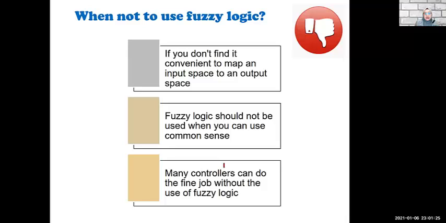If the decision is just made based on common sense, you have no specific rule, then in this situation you cannot apply fuzzy logic because fuzzy logic cannot use human sense. Many controllers can do a fine job without the use of fuzzy logic.